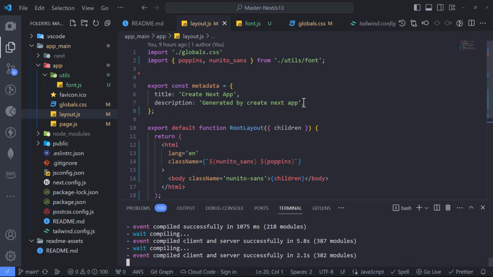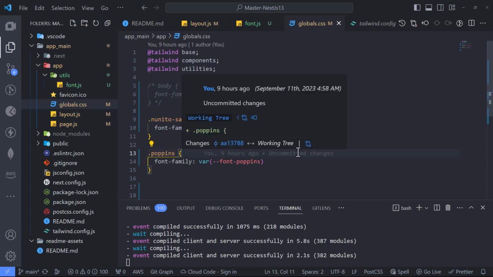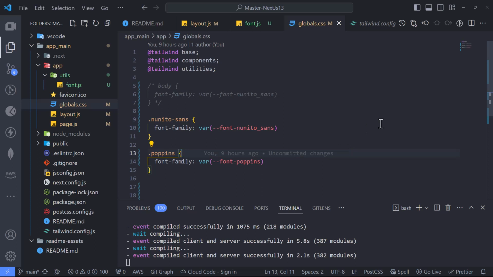So in the previous video, I showed you guys how to add Google Fonts and use it in the NextJs13 project through the CSS approach. You use any CSS selector you wish. You can see here I demonstrated using the body selector, and over here we ended up using the class selectors. So I showed you guys in the previous video how you can use Google Fonts in NextJs13 through this CSS